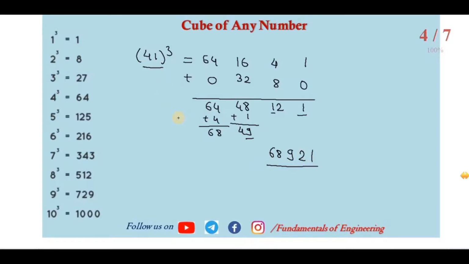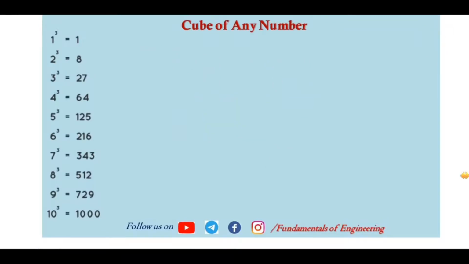By the calculator you can use it, but in the exam the calculators are not allowed. So you have to believe in your shortcut trick to get the answer and to verify the answer. By using the cube root we will see the shortcut trick. So based on that also you can cross verify the answer. We'll take another example to find out the cube.